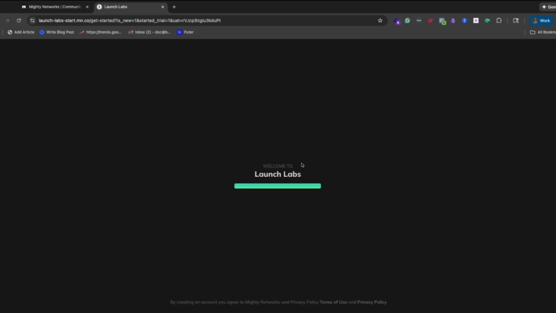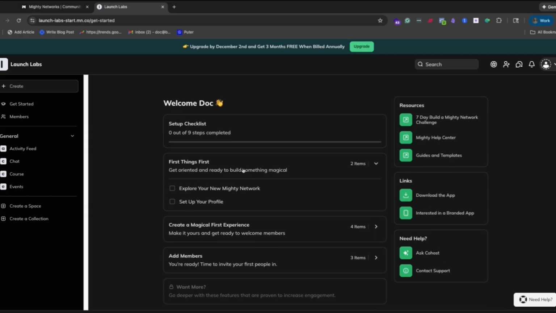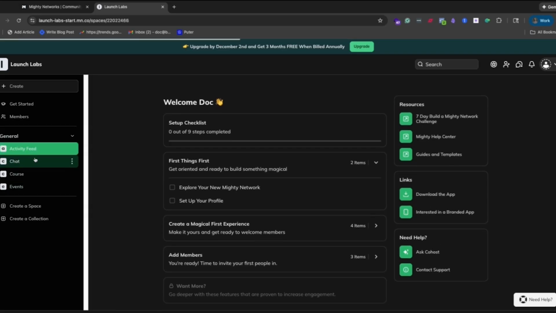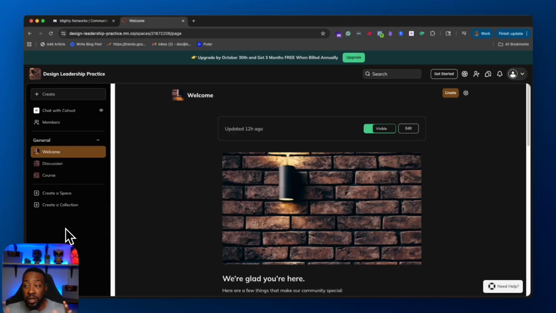And just like that, we launched Launch Labs here, and we have the community all in one place. We have the welcome section where we can go into the checklist, and then we also have the spaces set up for our community to get started. To begin, we're going to be looking at the format of the platform itself. This allows us to navigate to start building out spaces for our members, but also allowing us to learn how to manage as well. So on the left-hand side, this allows us to see our different spaces.